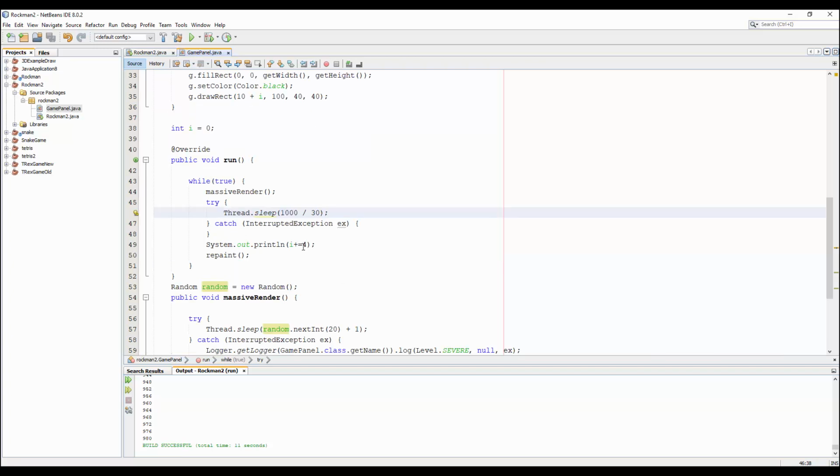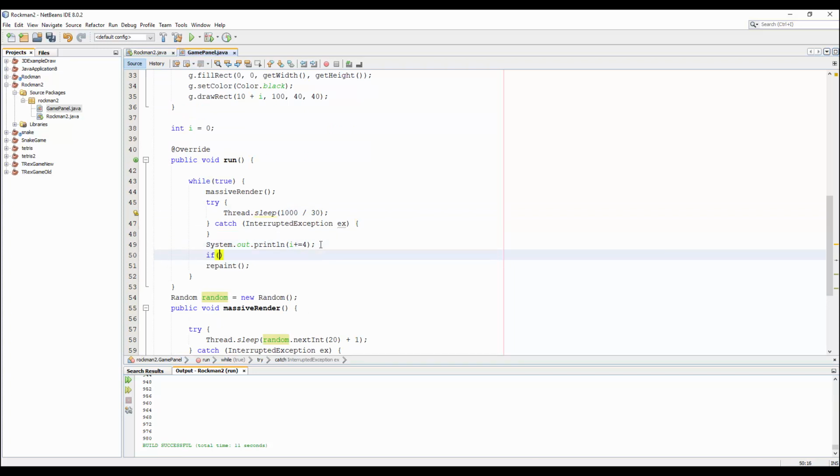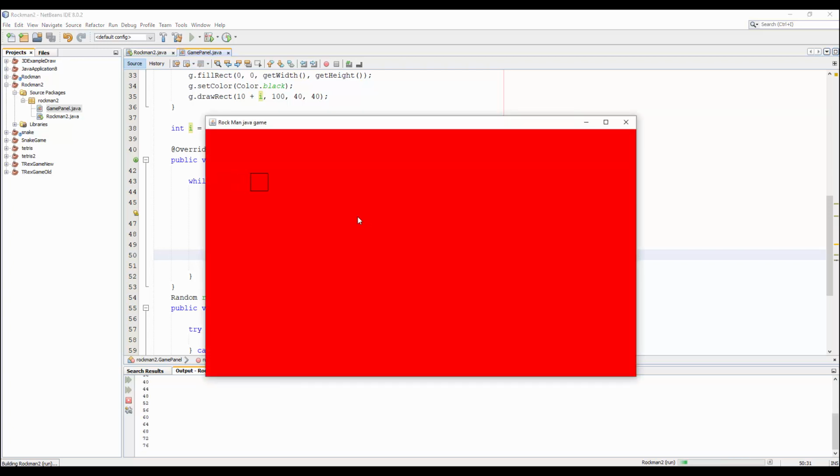so I need to change something. If the i is bigger than 600, then i equals 0. Alright, we don't need to see it again. If you cannot see because the red is very small, you can open the screen to full size if you are on the desktop. Alright,